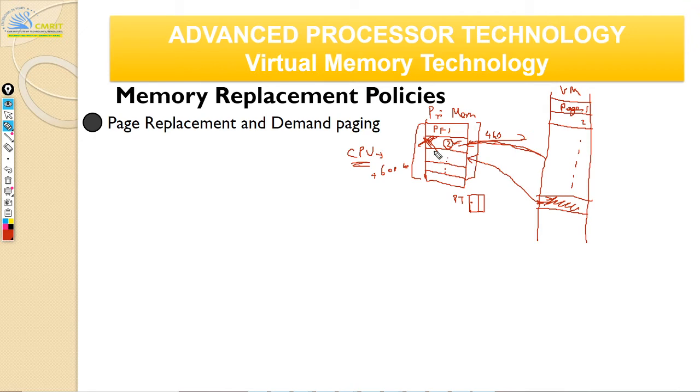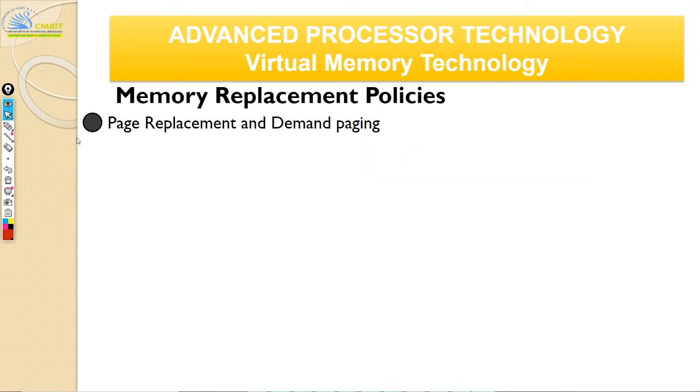That's called page replacement, and the entire process is called demand paging. So whichever page has a demand, you will bring into your primary memory, and whichever does not have demand anymore, you will evict it back to your secondary storage. Okay, so that's what page replacement is all about. Any questions on this?